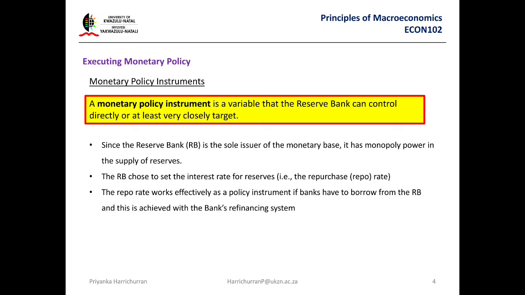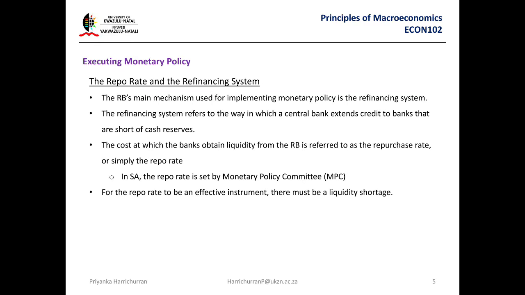When commercial banks like ABSA and FNB get this money from the Reserve Bank, they will just lend this money out and obviously make profit in the form of interest. Now knowing that, let's see how it impacts. The main mechanism used for implementing monetary policy is the interest rate. The repo rate is very important. In this whole monetary policy, the repo rate plays it all. Whenever I say central bank, I mean the Reserve Bank, and they have the repo rate to control. So let's see what happens.